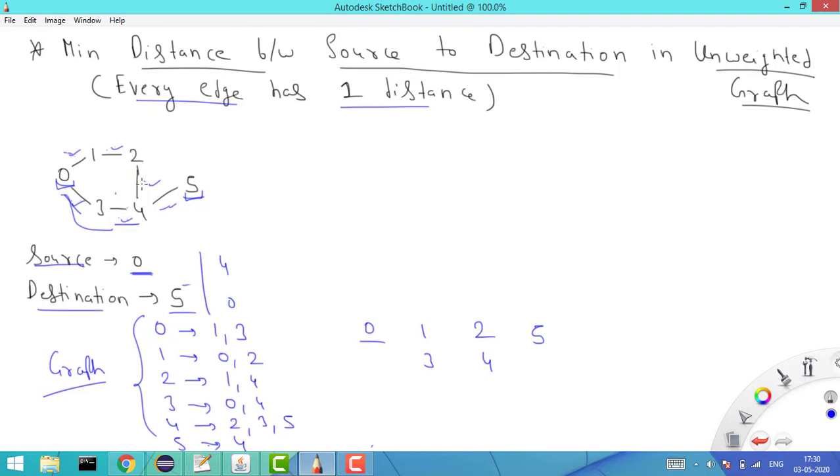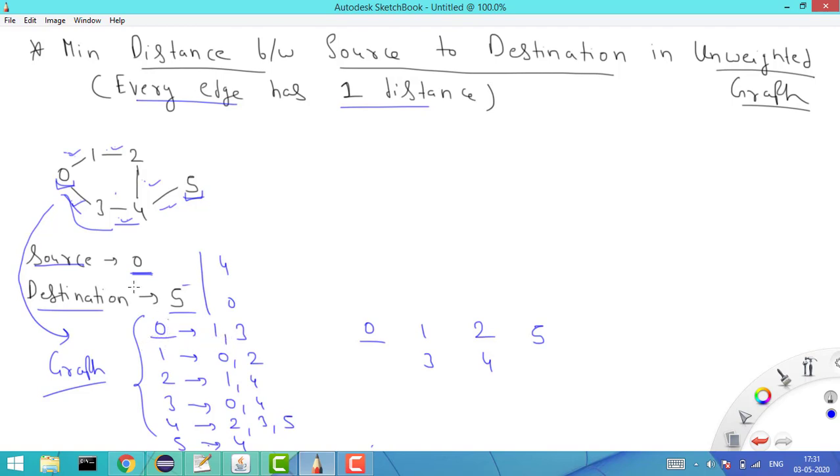Now we have defined this graph as an adjacency list, because as we know, a graph can be defined in two ways: adjacency matrix or adjacency list. So here we are defining our graph as an adjacency list. So adjacency lists are basically a list of lists, right? So this is a list where each index is representing a list. So basically for each index it represents how many neighbors it has.